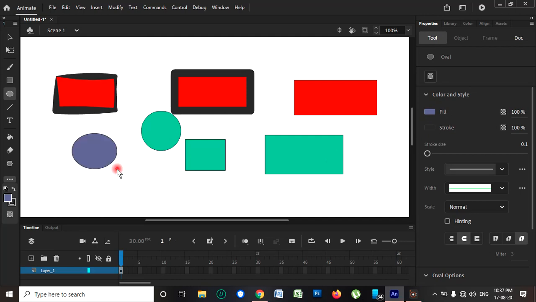Now we are going to learn about the polystar tool, here. This will draw the polystar over here. See here, and here we are going to change the different types.